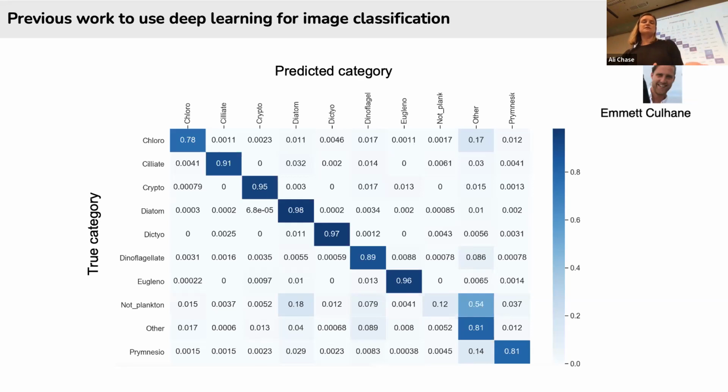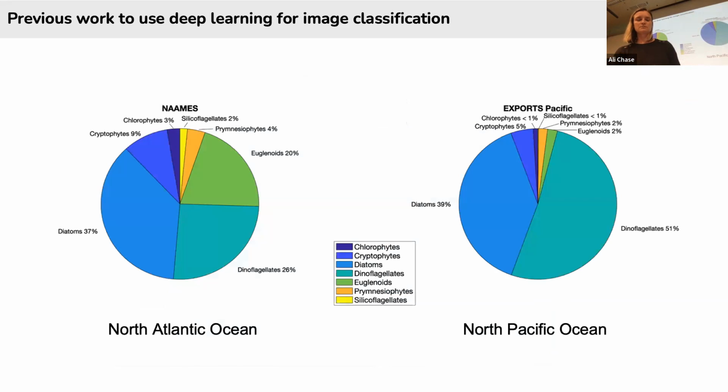The confusion matrix is also useful for seeing where the networks have made mistakes, but we'll come back to this with some of our data as well. And then the last slide for the previous work, just to show that when I plotted all of the network results from these two oceans, you can see there are major taxonomic differences. So there are yet unexplored questions about phytoplankton communities on major ocean scales.